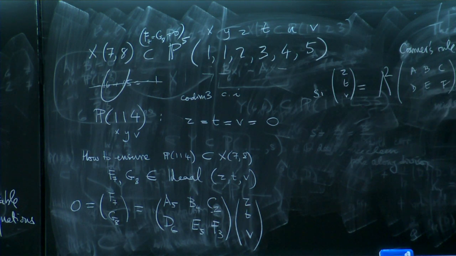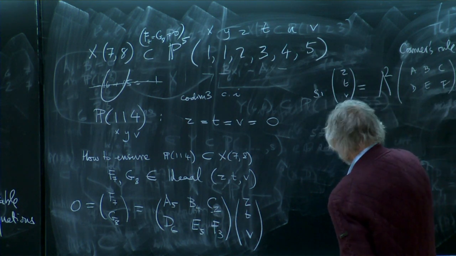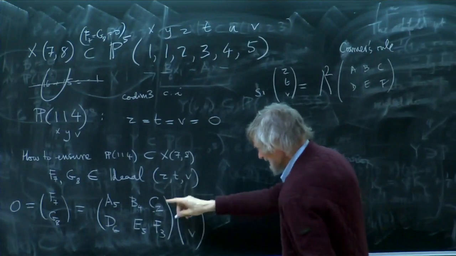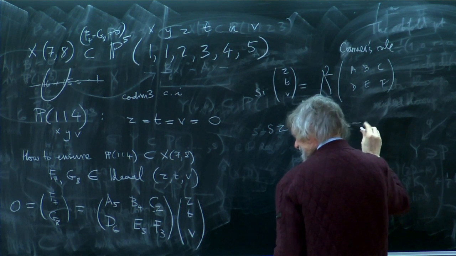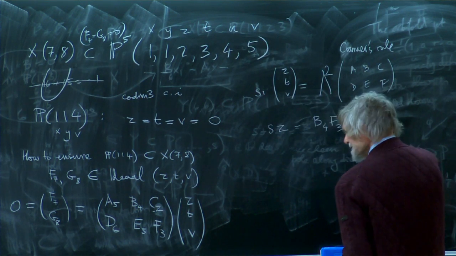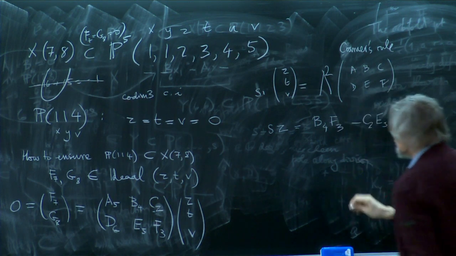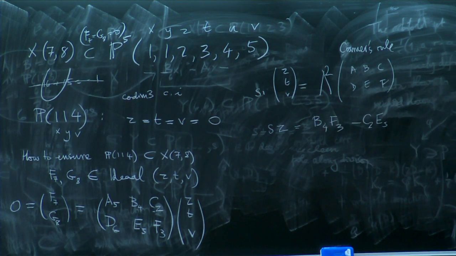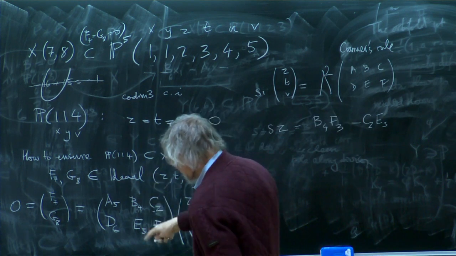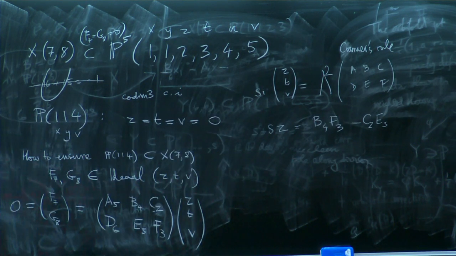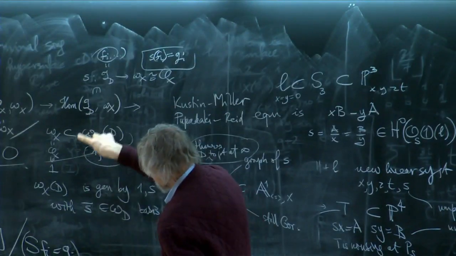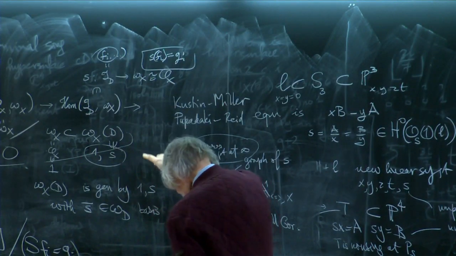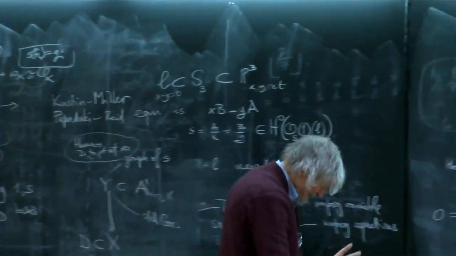And so this says, write S times Z is B4 F3 minus C2 E5. The only thing I'm doing here is making explicit what this S is. I'm thinking dualizing sheaf and so on,